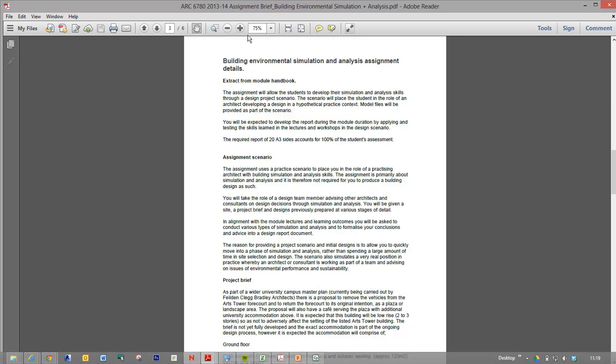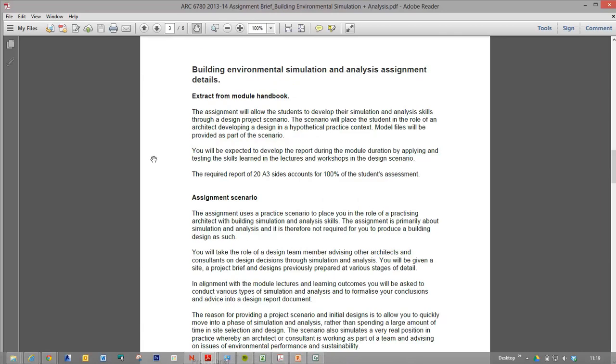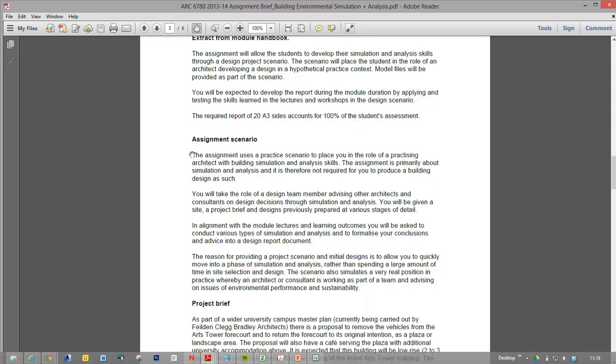I'll just zoom in a bit there. So, assignment scenario. The assignment uses a practice scenario to place you in the role of a practicing architect with building simulation and analysis skills. The assignment is primarily about simulation and analysis, and it is therefore not required for you to produce a building design. You will take the role of a design team member, advising other architects and consultants on design decisions through